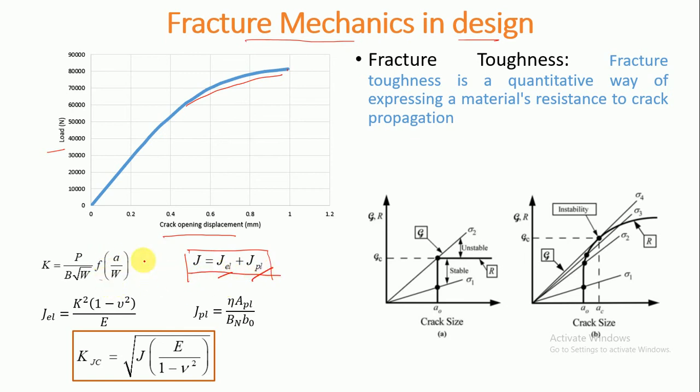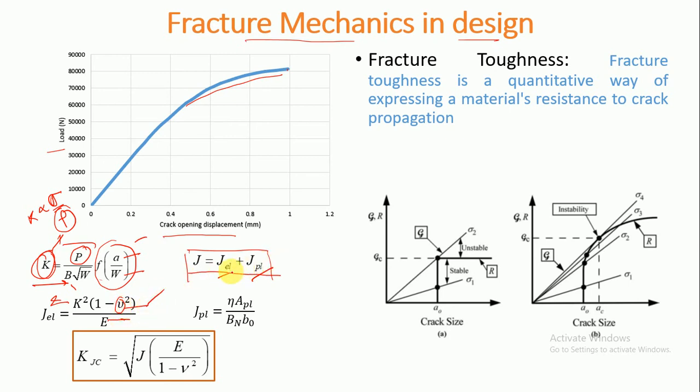Now for the J elastic portion, we know that we can calculate a K, and K is directly proportional to far field stress or load, and also some geometric function, where A is the crack length, W is the width, and D is the thickness. So K can be computed according to this formula, and from the K we can calculate the J elastic portion, where E is the Young's modulus and